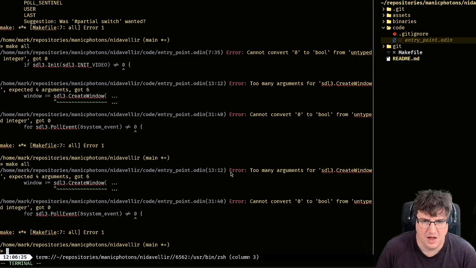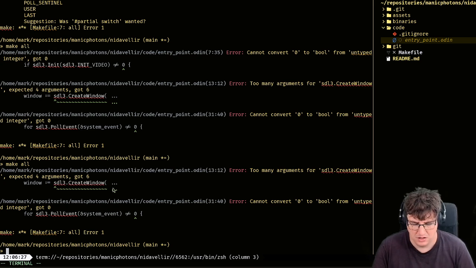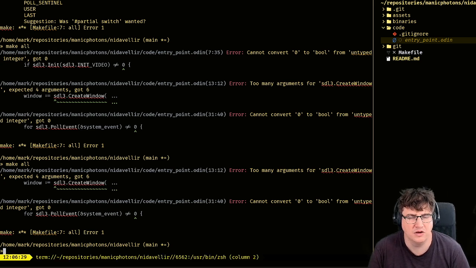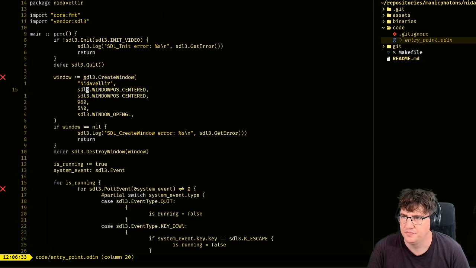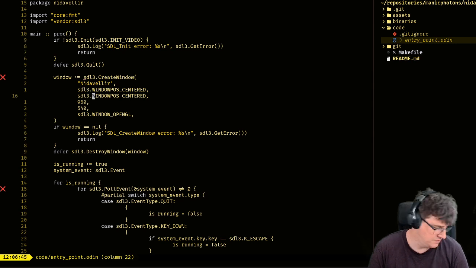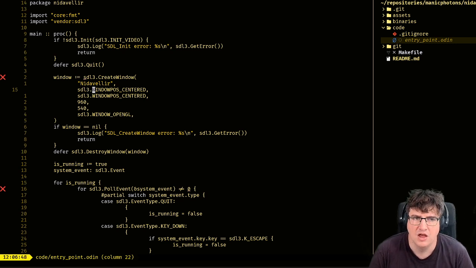Yeah. Too many arguments. Oh, okay. Interesting. So it needs a C string title, done that. It needs a couple of 32-bit integers, which is what these are. These constants are for telling it to automatically send to the window. Fine.